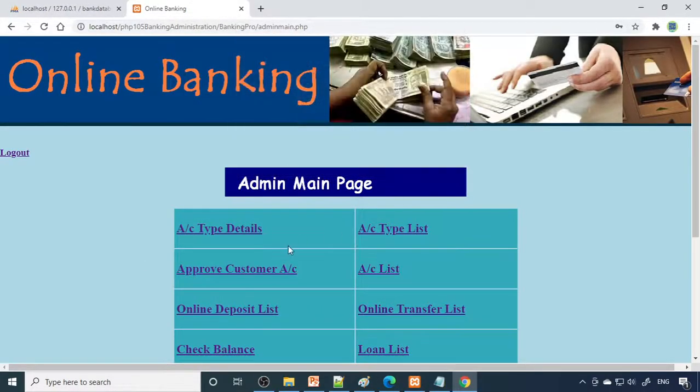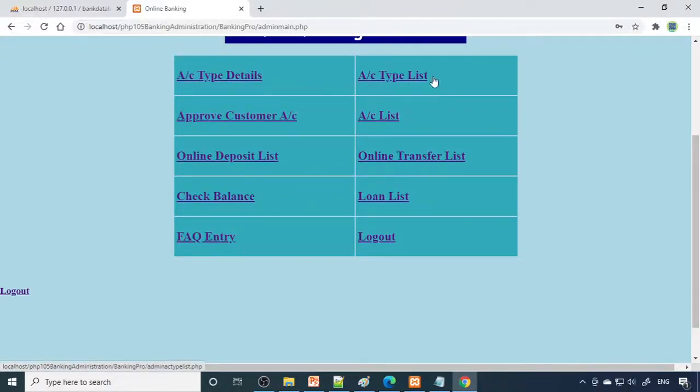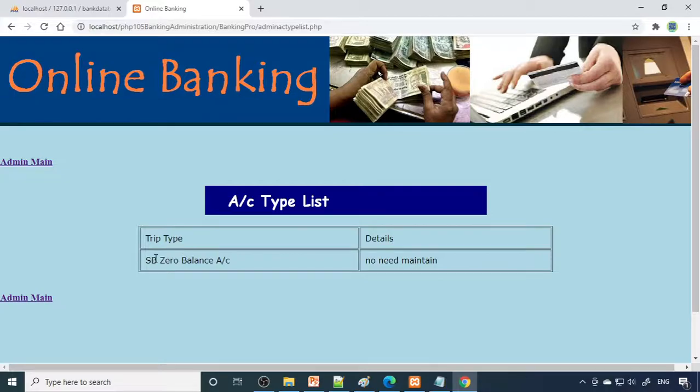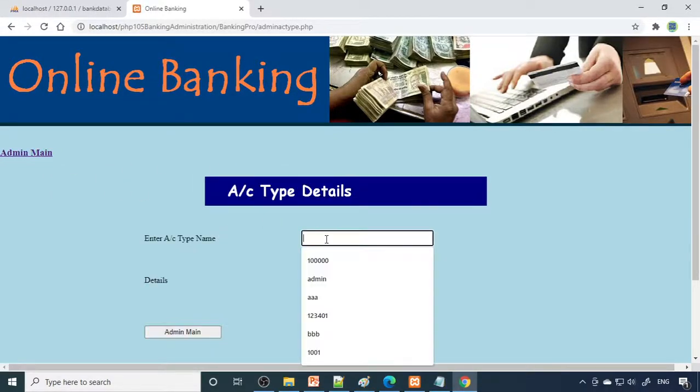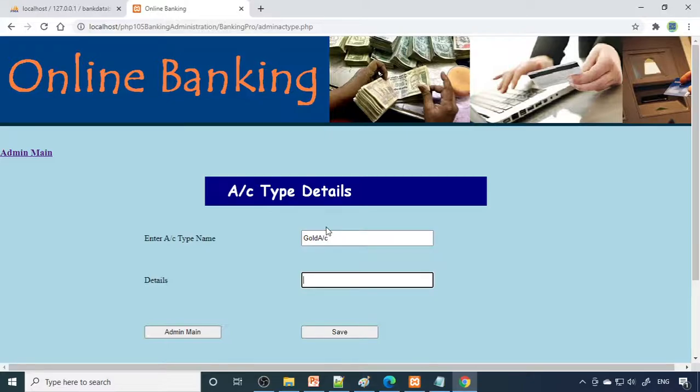Fine. So these are the admin options: account type list, and this is the customer approval. If you go to account type list, here we have an SB zero balance account. Then I can say gold account. So what is gold account?